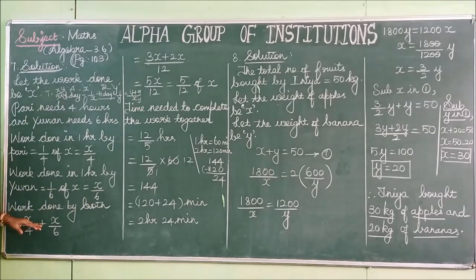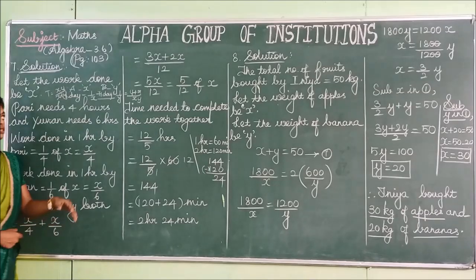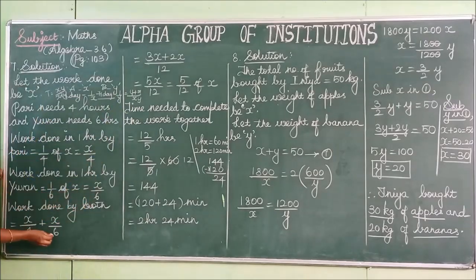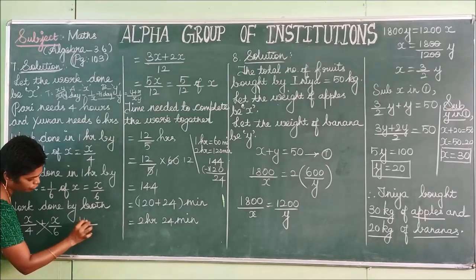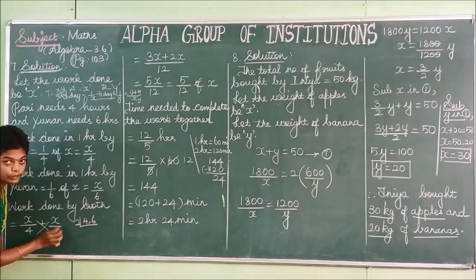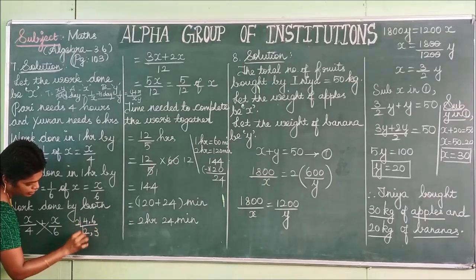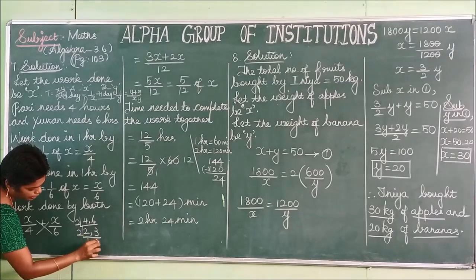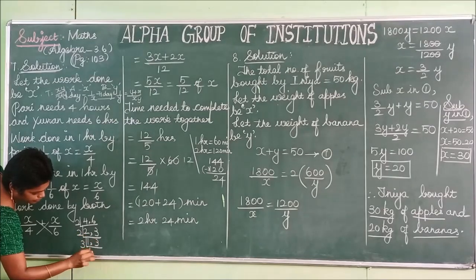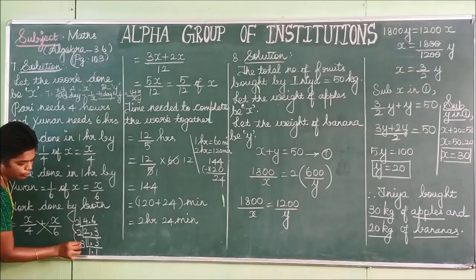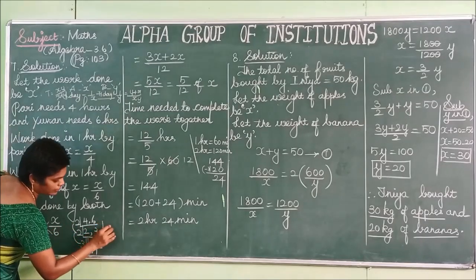Both working together means the work done by both Pari and Yuvan, so you can add both values. So what is it? x by 4 plus x by 6. This can be rewritten using the cross multiple method. First, take the LCM of 4 and 6. 4 comma 6, applying 2 times, gives 2 comma 3. Then again, 2 table gives 1 comma 3. In the 3 table, 1 comma 1. 2 2s are 4, 4 3s are 12. So our LCM is